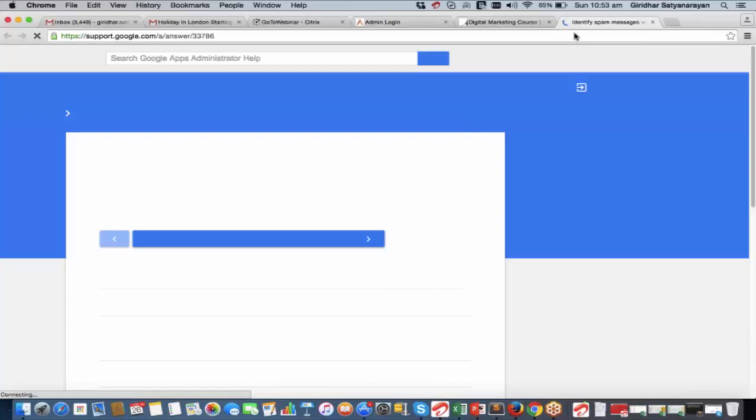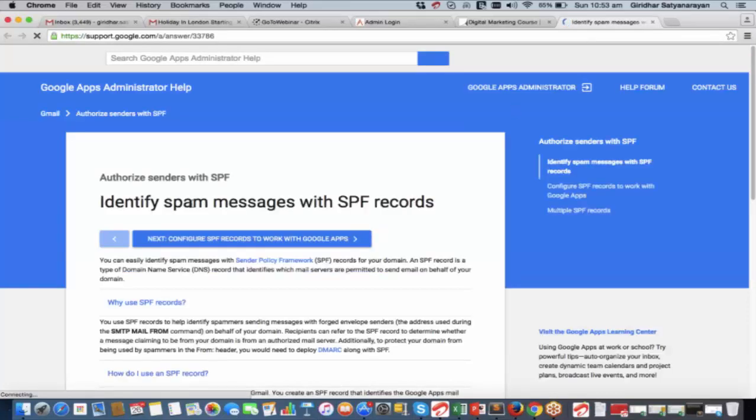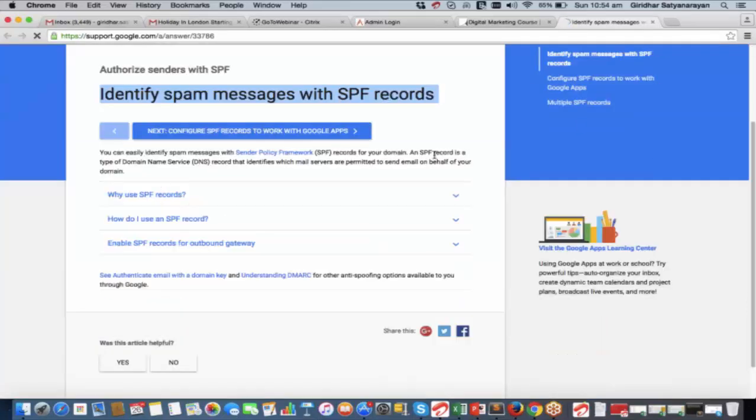If you go to this particular link, it will tell you how to identify spam messages with SPF records. What is an SPF record? See, this is what it is. An SPF record is a type of domain name service record that identifies which mail servers are permitted to send emails on your behalf, on behalf of your domain.